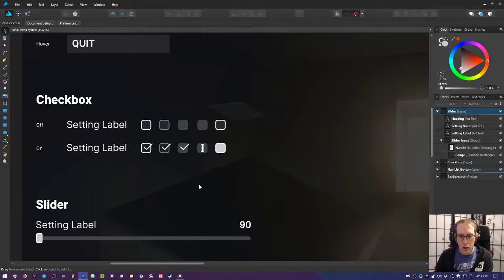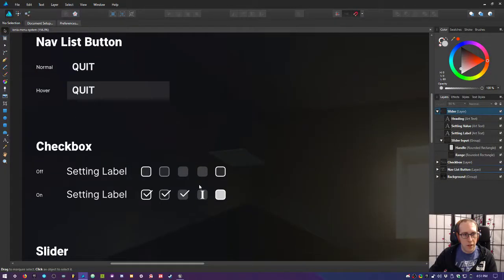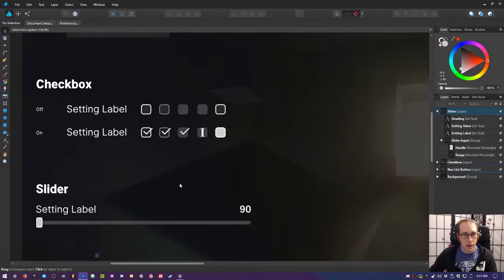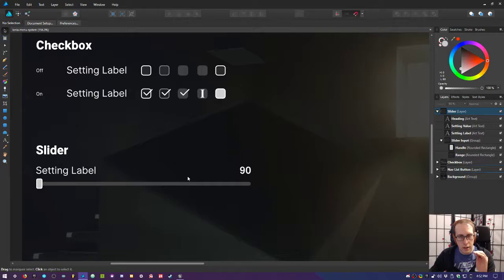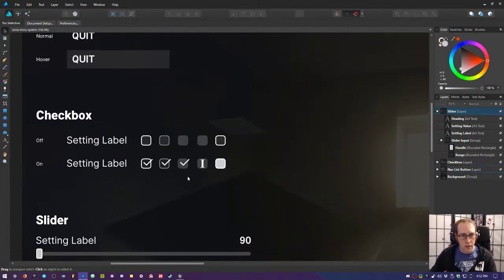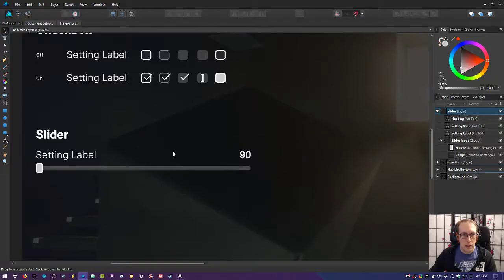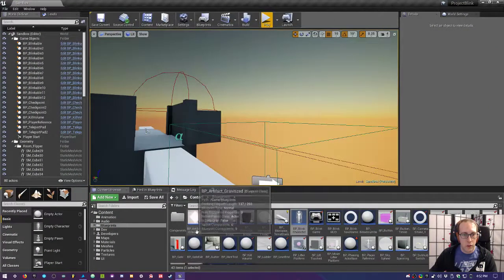I broke that down and figured out that I'm going to need about 5, maybe 6 different types of setting controls. What I'm doing is deciding the style for just those types of setting controls, not specific settings. That's why they're just nav list button, checkbox, slider, and not the VSync button and resolution picker and stuff like that. I'm figuring out the generic styles for all of the different types of components. And so what I'm going to do is, when I come here into Unreal,